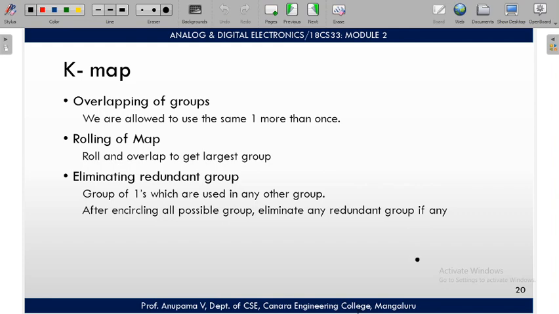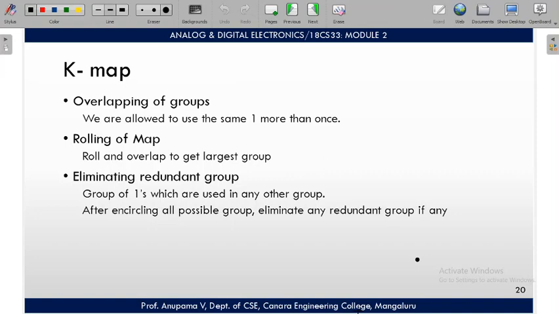While grouping in the K-map, an octet will have the highest priority, next priority for the quad, and the last priority for the pair. If it is not possible to group a cell into any of the groups, write that particular cell as it is and write the entire term in the final Boolean expression.